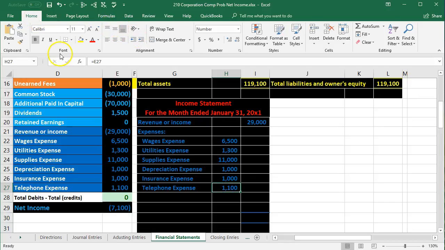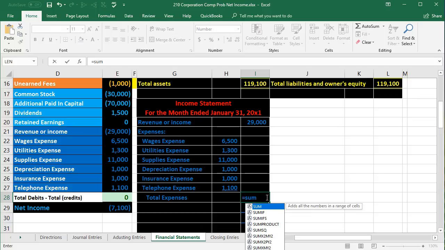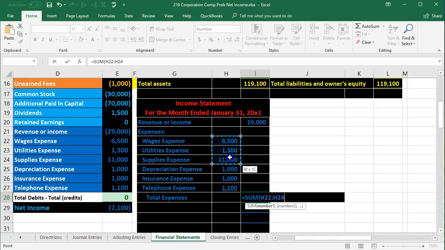I'm going to go to the Home tab, Font, underline it, and then we will have the total expenses in the outer column. You can type this in there. I'm going to paste it so it's a little bit faster for you. And then we'll just add these up. The 6,005 plus the 1,003 plus the 11,000 plus the 1,000 plus the 1,000 plus the 1,100. We will use the sum function to do that in the outer column. So in I-28 we will say equals SUM, double click that sum function and highlight 6,005 plus 1,003 plus 11,000 plus 1,000 plus 1,000 plus 1,100 adds up to